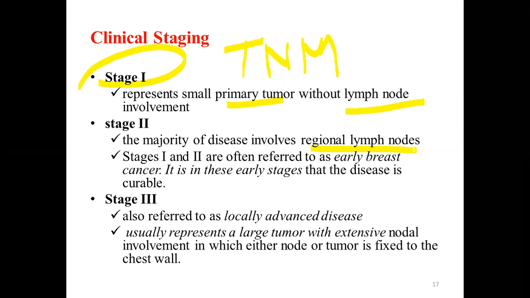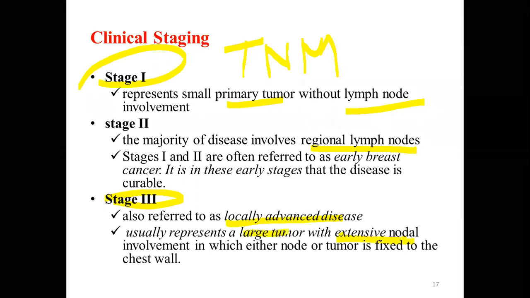When you say cure, it does not mean that the tumor completely disappeared, but it might be a longer or complete remission. Maybe we don't know how long it will stay in complete remission. Anyway, the possibility of cure is very high, especially with stage 1 and stage 2 disease, even including stage 3. Stage 3, we call locally advanced disease. They are still within the breast, but there is extensive involvement of the lymph nodes, and the size of the tumor is usually bigger.